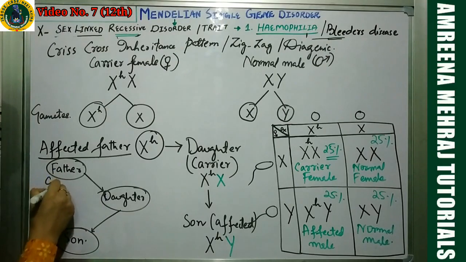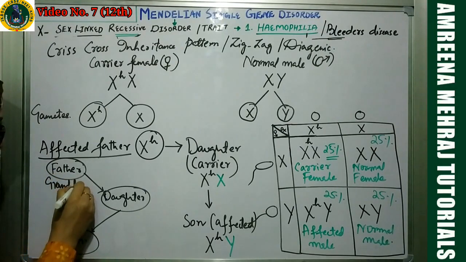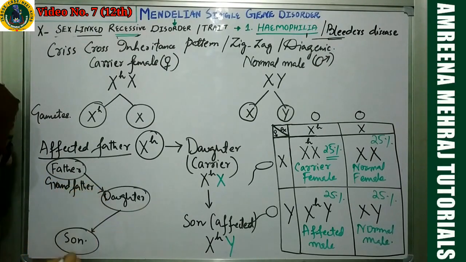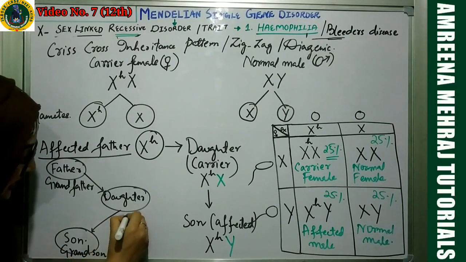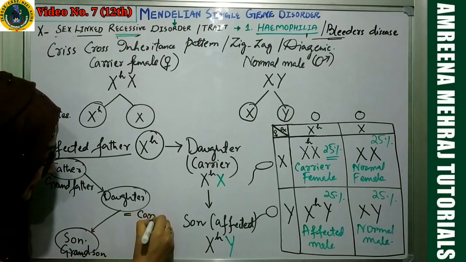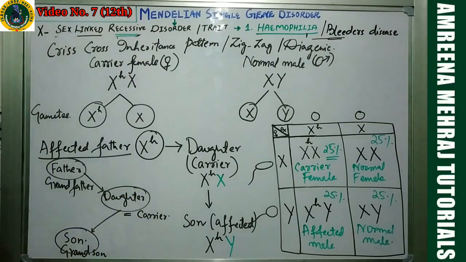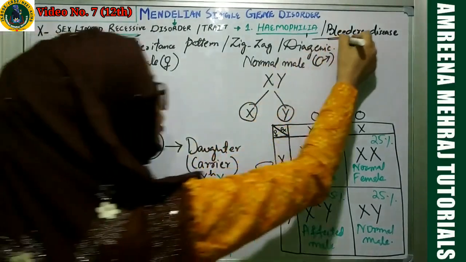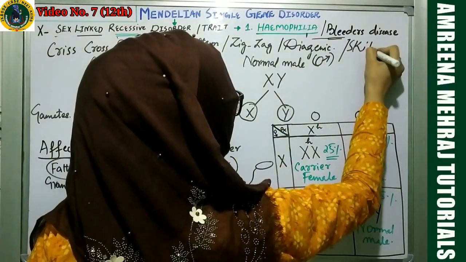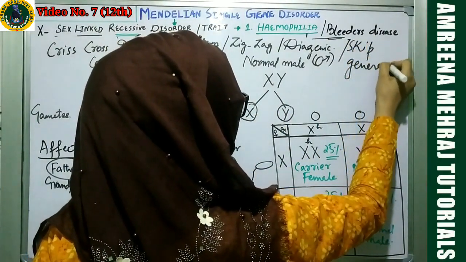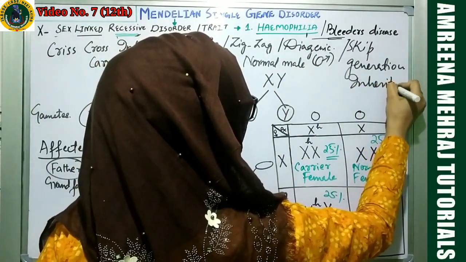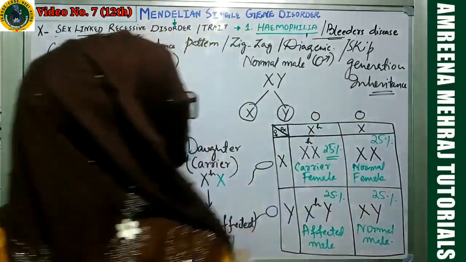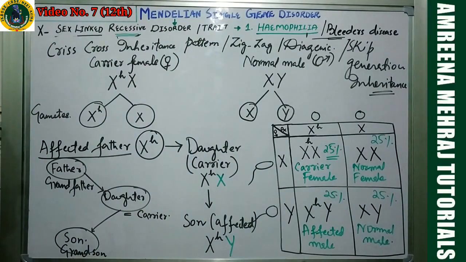That means from the grandfather, it went on to the grandson. His daughter was just a carrier. This generation skipped the disease. That's why you also call it a skip generation inheritance. I got this point, okay? You also call it a diagenic inheritance,